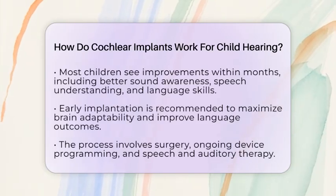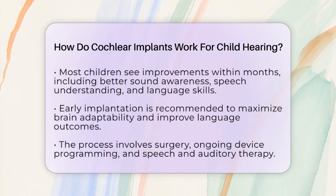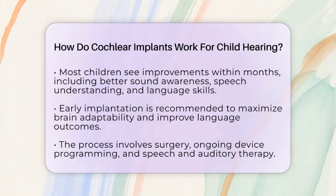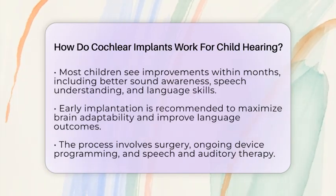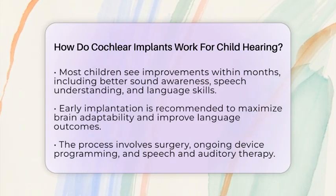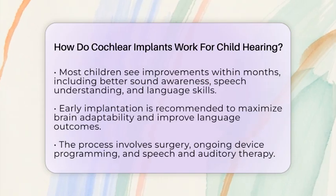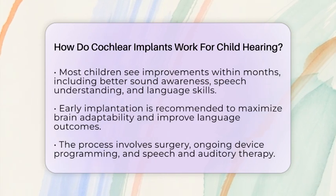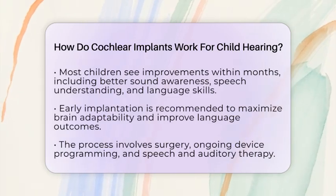It's important to note that the sounds perceived through a cochlear implant are not exactly the same as natural hearing. They often sound different, requiring the child's brain to learn how to interpret these new signals through practice and training. Most children who receive cochlear implants experience noticeable improvements within months after activation. They can become aware of sounds, understand speech better, and develop language skills. Cochlear implants can also help children hear in noisy environments and improve their ability to participate in school and social activities. Early implantation is usually recommended because the brain is most adaptable during critical periods of development, which can lead